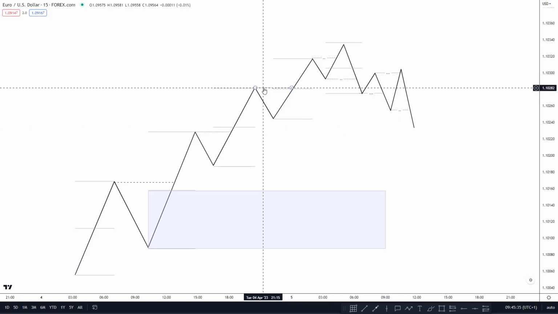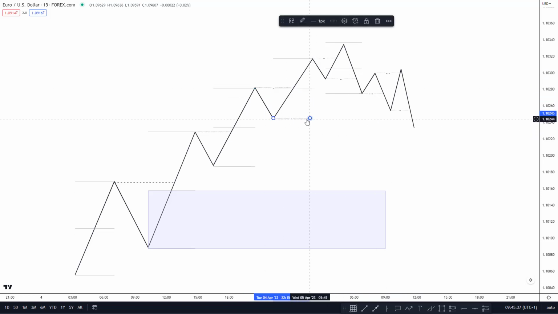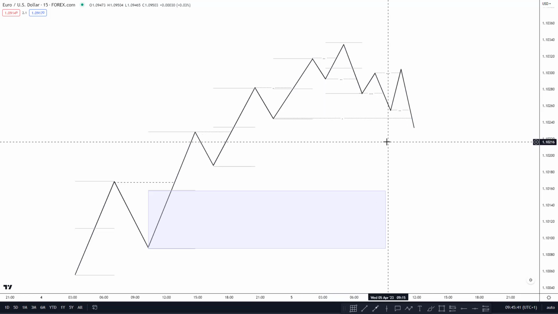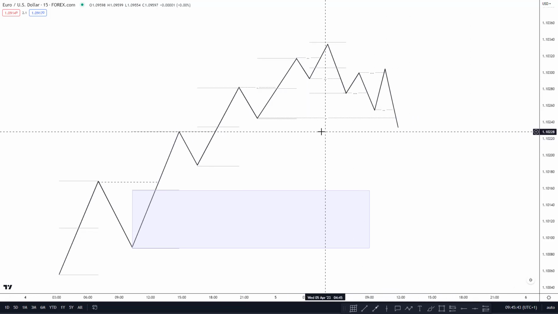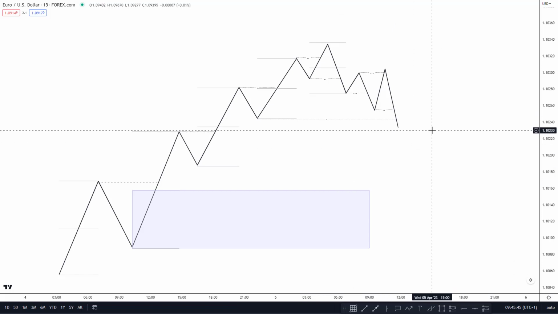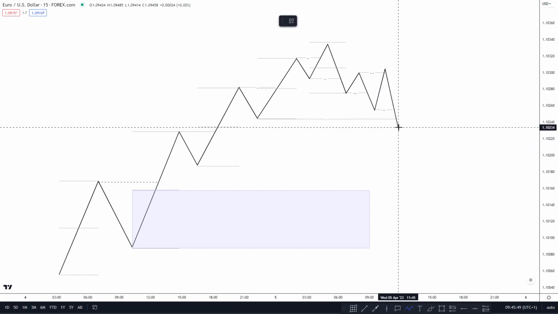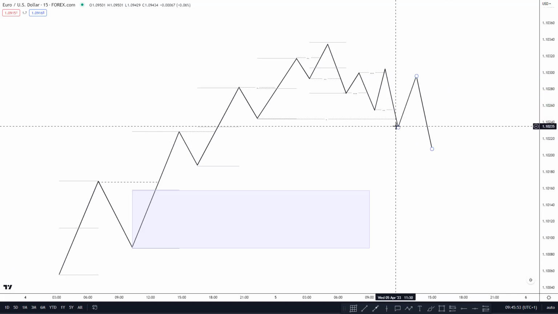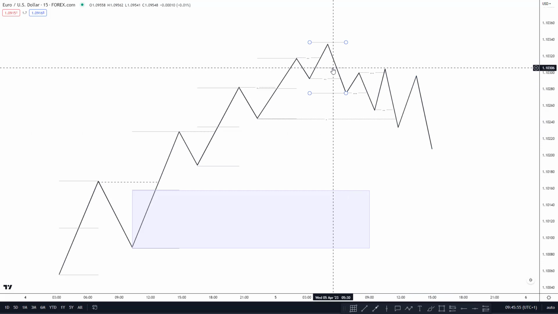But to the left, you can see we had minor 1 right here, which we've now broken like this. So, because minor 1 is now the highest form of structure, if we then come back to mitigate and then break down again, this form of structure is